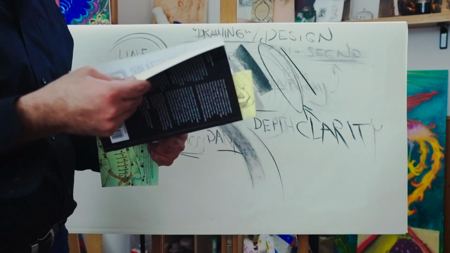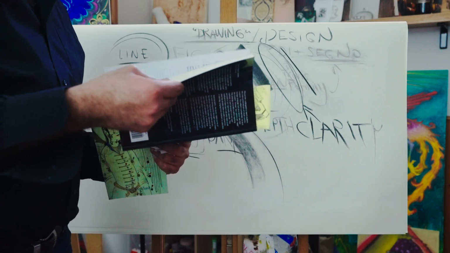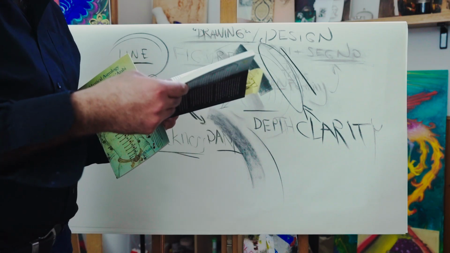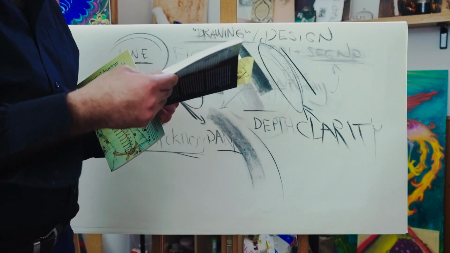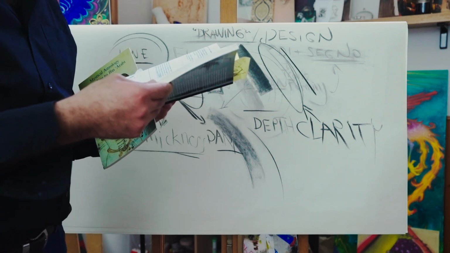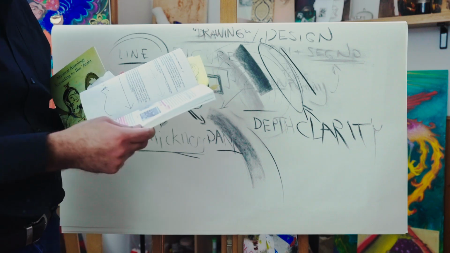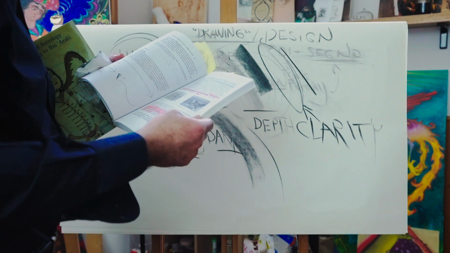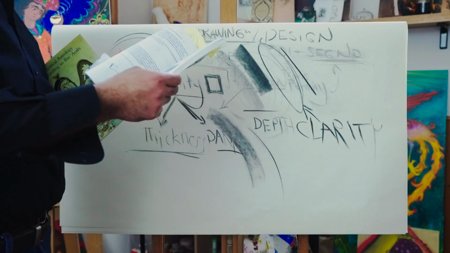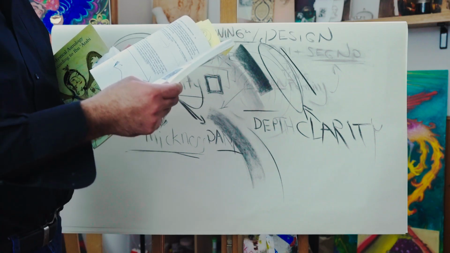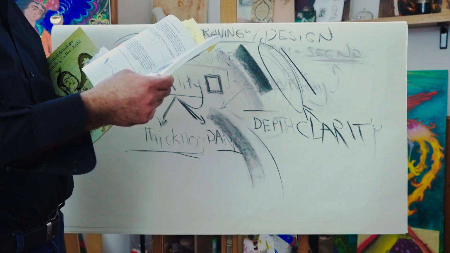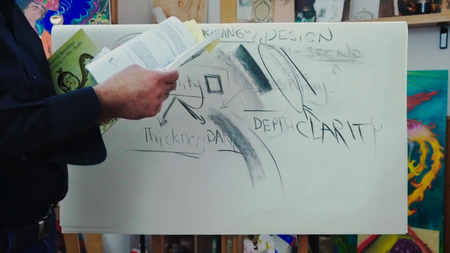In a chapter, it talks about line itself, and I love the definition of line here. So let me read that to you. It goes, line is the indispensable means for making visible what cannot be seen, what does not exist except in the imagination. Line is also a tool for notation systems, writing, for example. Writing, map making, electric symbols, and music are all examples of symbol systems in which line is the most important